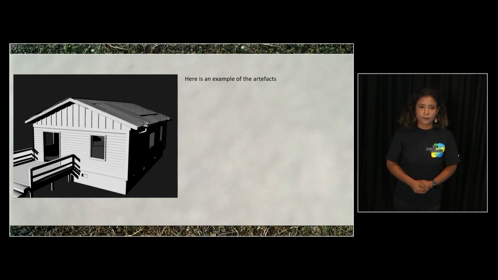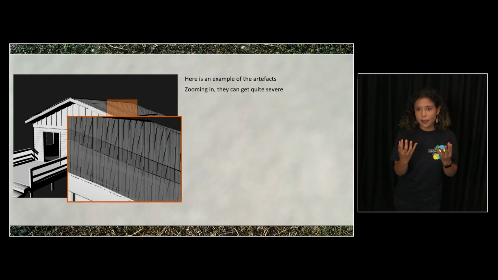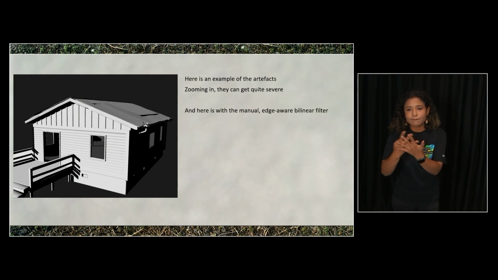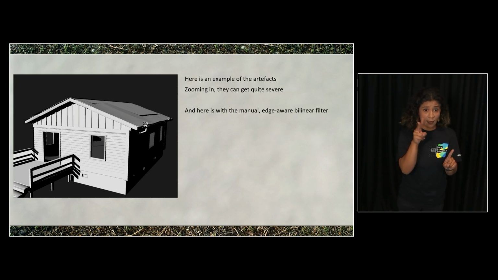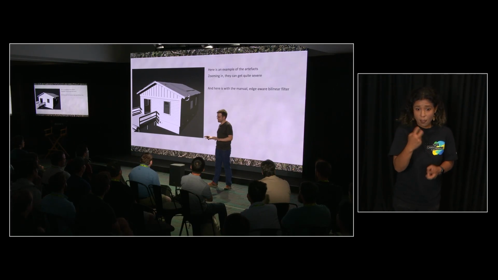So here is an example of an image. This is a pure screen space shadow image. And if you zoom in on the roof here, you can see that there's a lot of problems happening. There's a lot of visual issues. And all these visual artifacts here are ultimately due to those discontinuities. And they are ultimately solved by implementing these types of manual bilinear filters. So if I enable it, you can see the artifacts have gone away. So we've only added like 2 or 3 times more cost to reduce a minor artifact, but boy, trust me, that minor artifact is a problem.